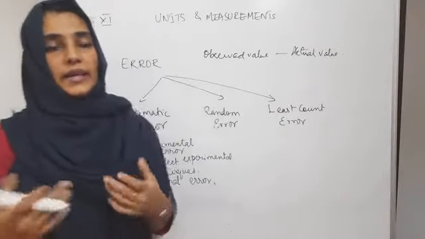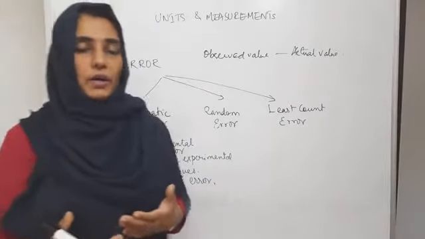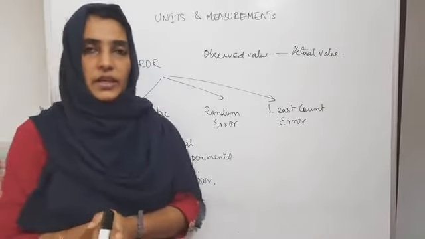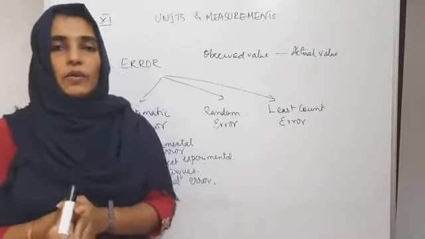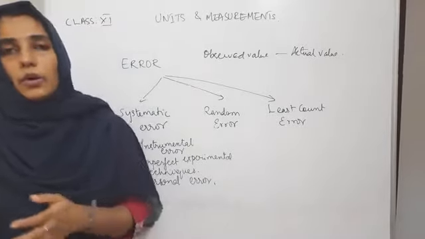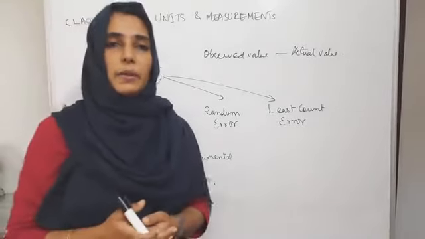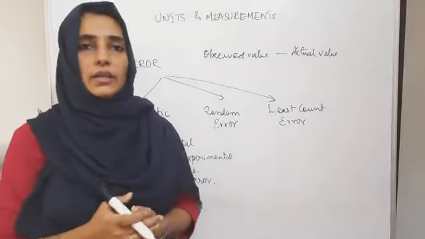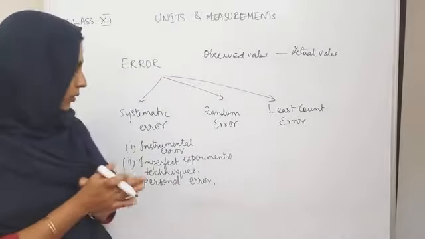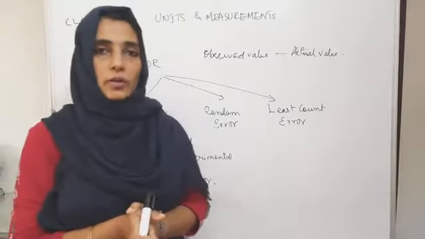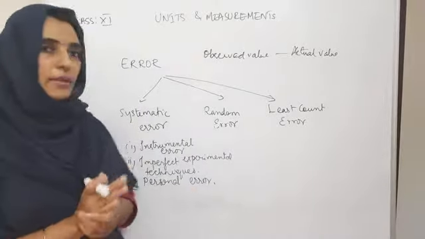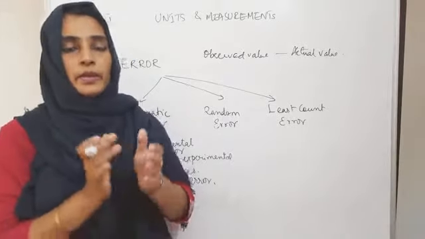That is, we can adopt different techniques for taking observations and finally finding the result of the experiment. There may be 2 or 3 or several experimental methods with which we can find a particular result. So in that, you have to adopt the most perfect or most standard method for finding a measurement.